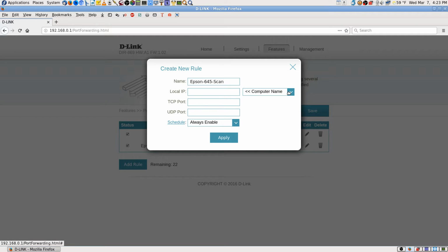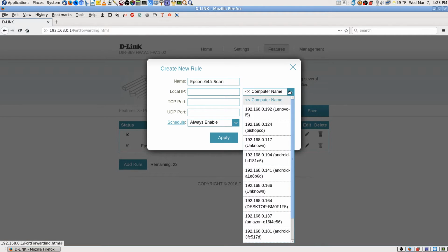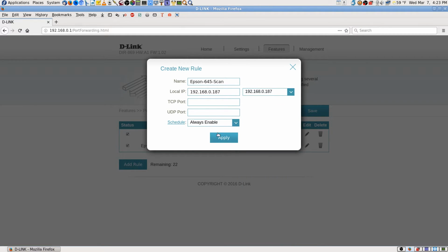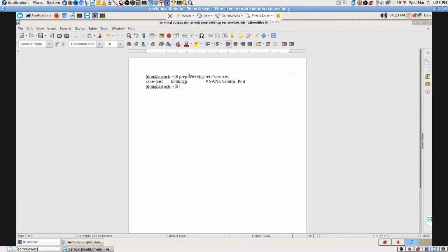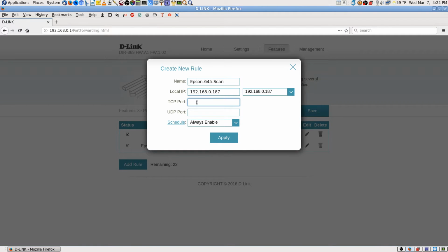Okay, local IP or computer name. Oh, right. I can just select it from in here. There we go. Now I need to get my port out of that. I don't know if I left that document open or not. Yeah, I did. This is what, I mean, it's worth a try. I don't see why that would. I mean, mine's already working, so I don't think that's necessary. Matter of fact, I'm afraid I'll break it, but and the UDP port's not necessary, so